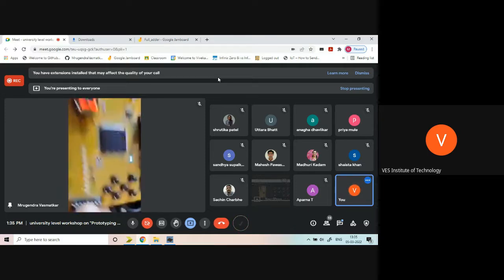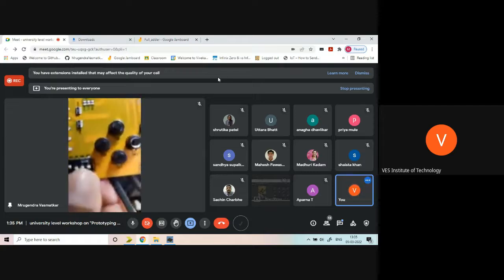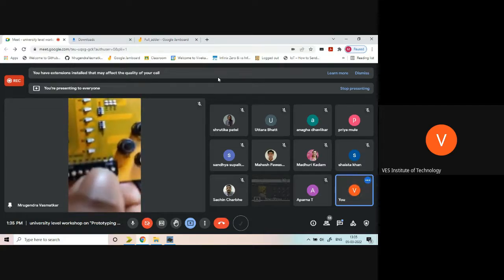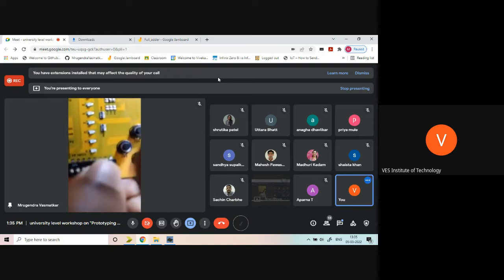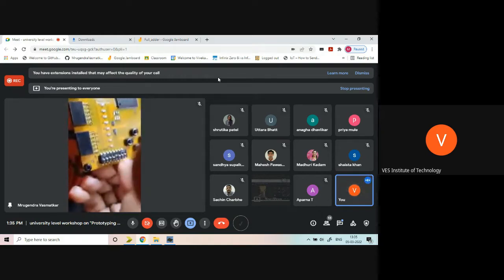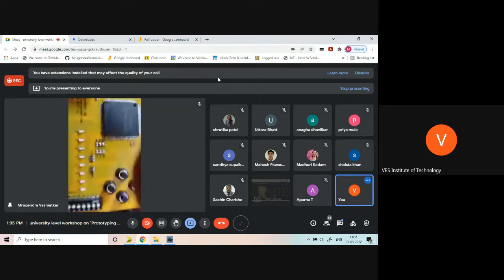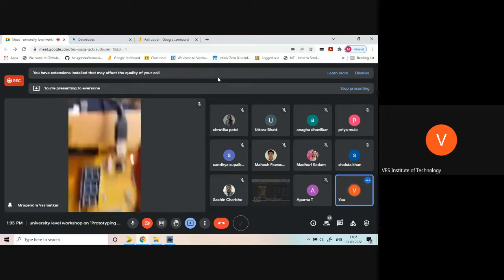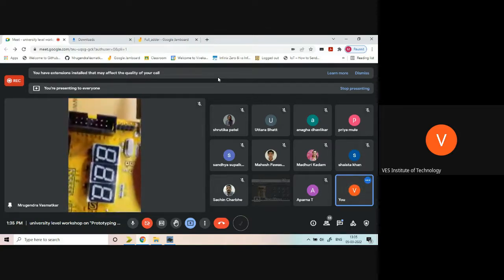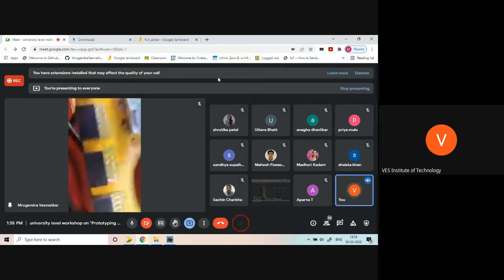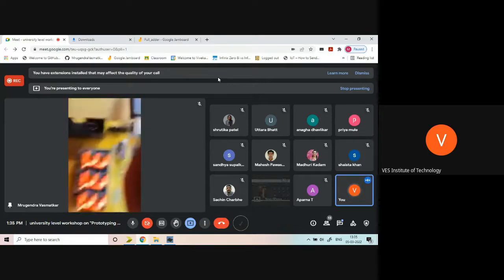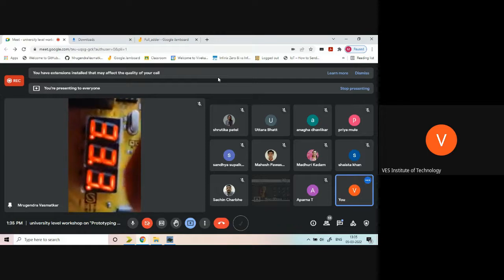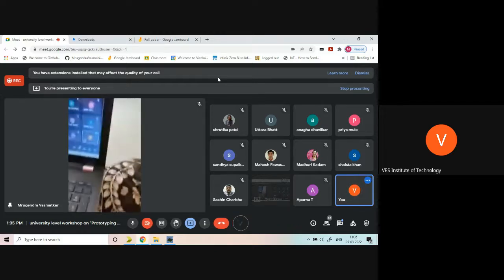If I make chip select, the 4th pin, off, whatever the address is doesn't matter. The output will not be there. So I make chip select 0. These pins are very small. Look at the result on this. Nothing is there. If I make the chip select on again, look at the result. I made it 3, so the output is 3. You can see. Okay, is it clear what I have done?